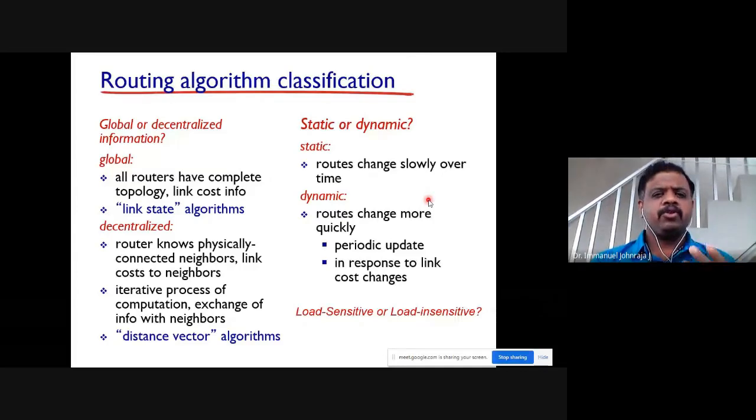All right, so when you go for static routing, generally the convergence is very, very slow. The reason is it involves the human. You and me have to go to every router, sit, configure it, correct it. That is one trouble.